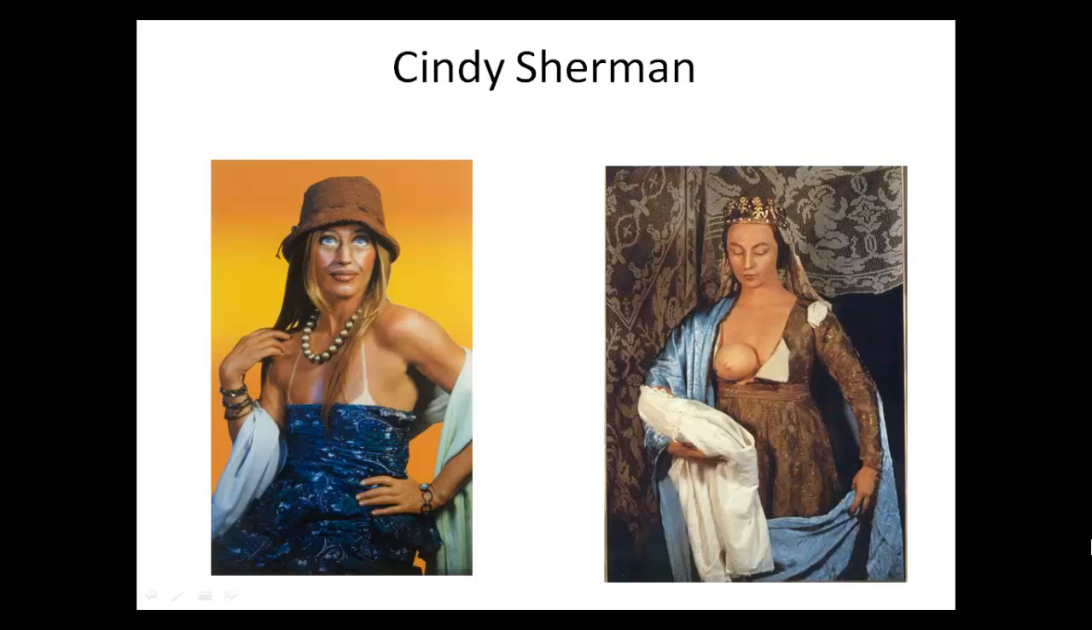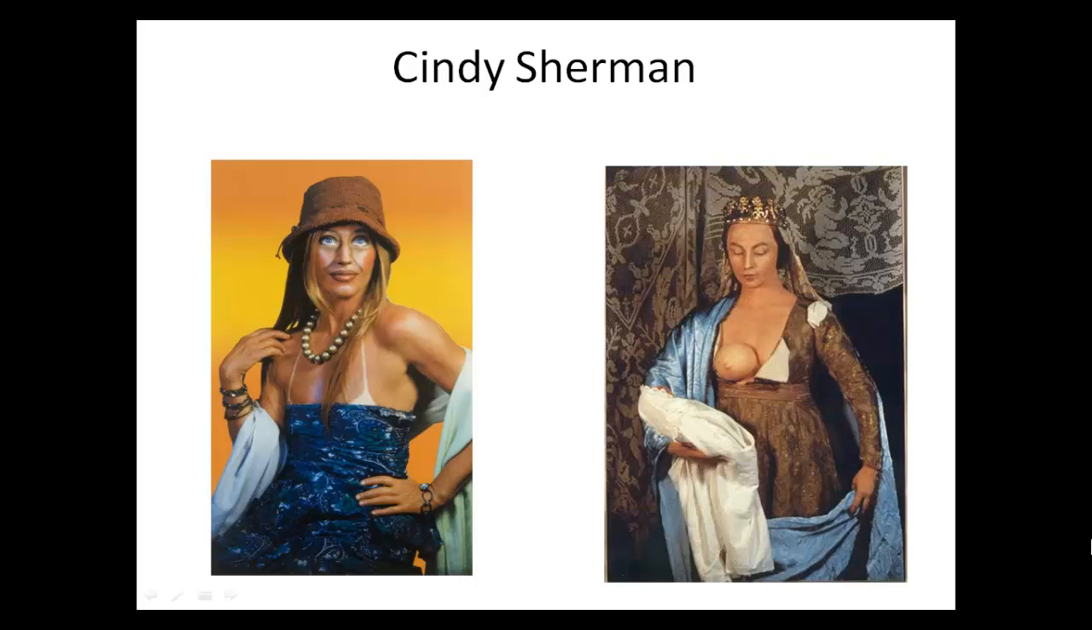Cindy Sherman is also a contemporary artist, and instead of taking photos of things around her, she actually takes photographs of herself. And what she does is she likes to play with different stereotypes and different ideas. So for example, she'll dress up in clothes to make herself, on the left hand side, look like an overeager, suntanned Californian. On the right hand side, she's referencing religious iconography, in particular the Madonna and Child, and